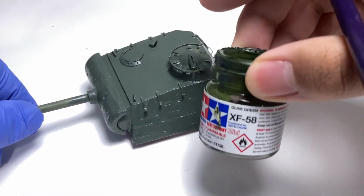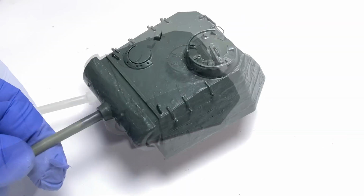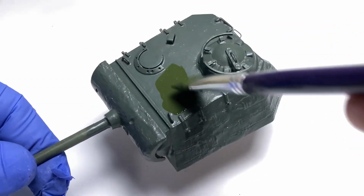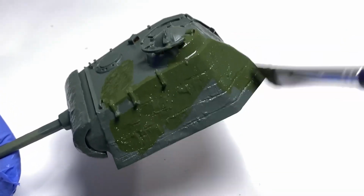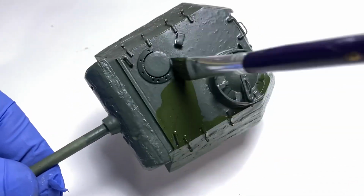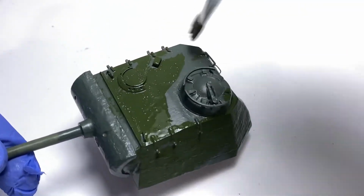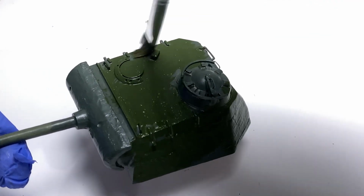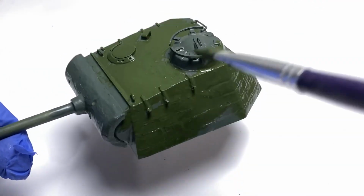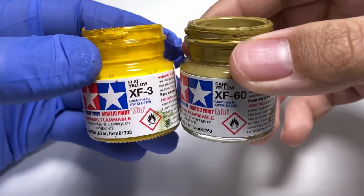Here you can see the turret is actually not to my liking. I wasn't really satisfied with how it came out. It's more gray-green and almost a bluish tone, and it didn't have that nice richness, so I probably really should have switched to NATO green. That is a nice rich green from Tamiya. And of course, eventually I'll add a semi-gloss varnish, or satin varnish, to help boost that nice richness of color,